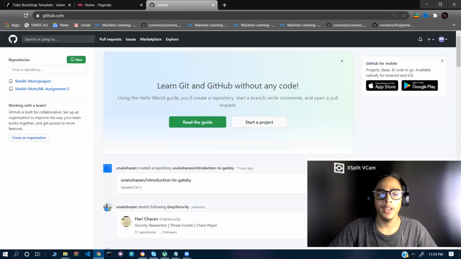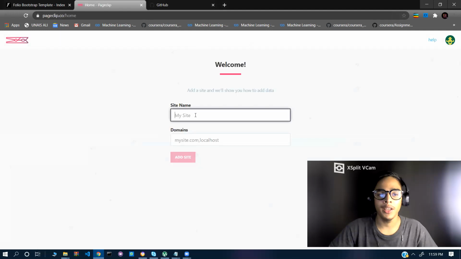Making an account on GitHub is very easy. Anyone can make one, because it's easier than making an account on Facebook or Gmail. That's why I asked you to make your website live first. Soon after we complete the sign up process, it asks for the site name and then the domain. If my website is not live on the internet, how could I make my contact form workable?